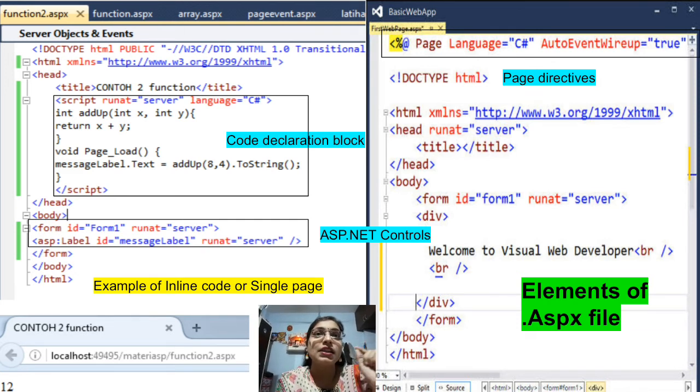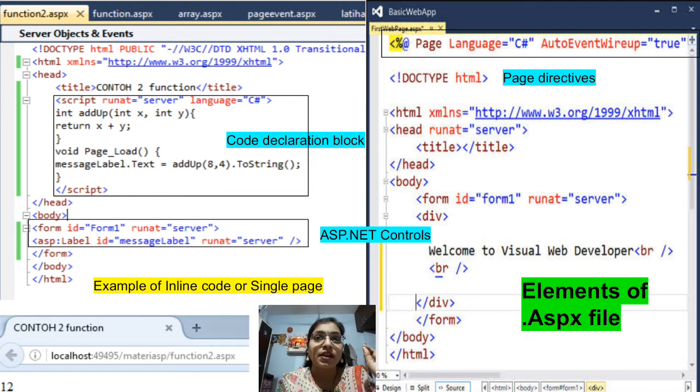In the script tag we have passed two parameters, that is runat server and language C#, which we are going to use. In the script tag we have created one parameterized function, int addup(int x, int y), and this function returns the addition of x plus y.